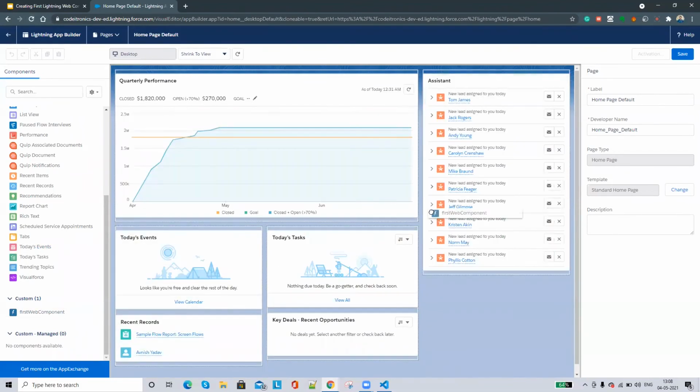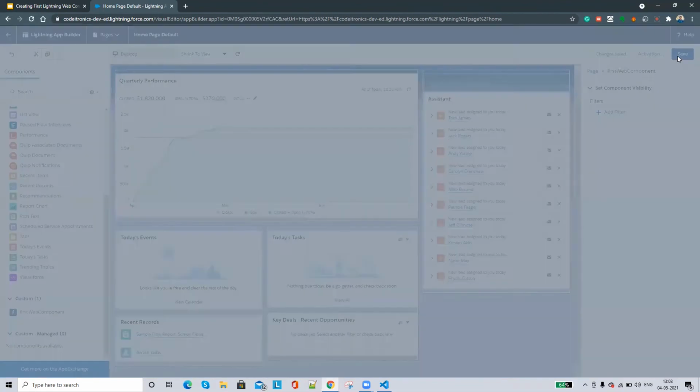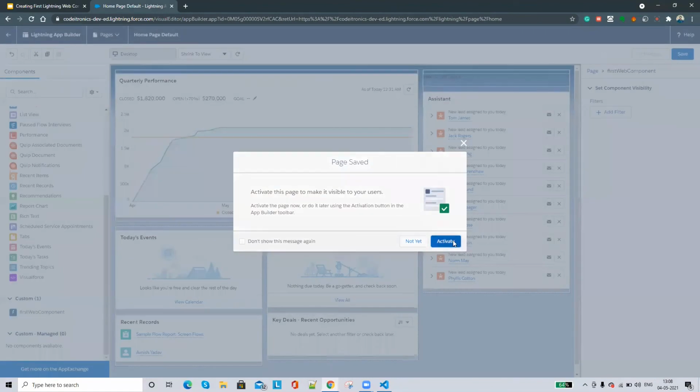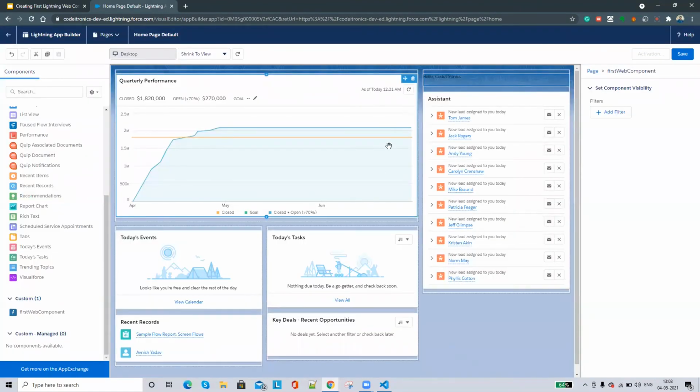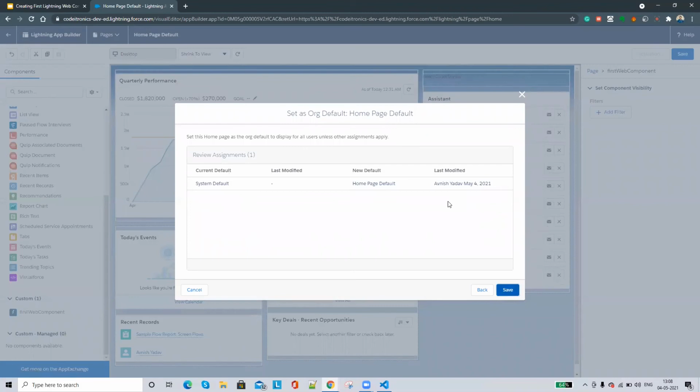Let's drag that component before the assistant and let's save it and activate it. Yes, assign as our default and save.